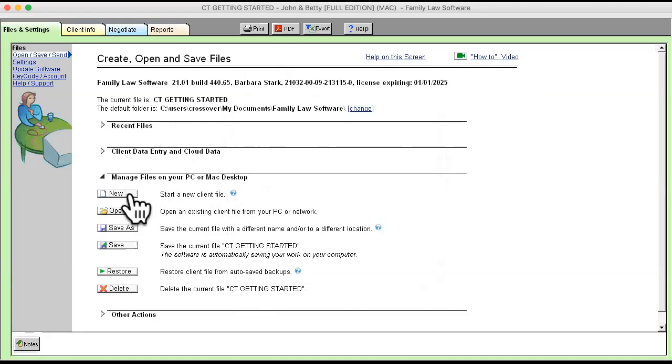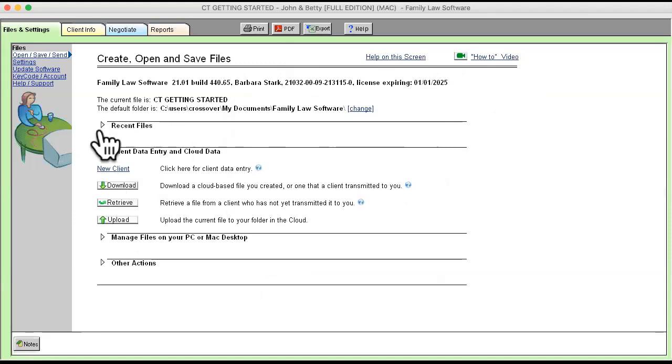Just two comments on this screen. This is where you start a new file. I clicked it. That's where you would put the data in and start a new file. And it says start a new client file. So that's how you know that's what you're supposed to do. But up here, it says new client. And this is different. This is the screen that you're going to use for client data entry,